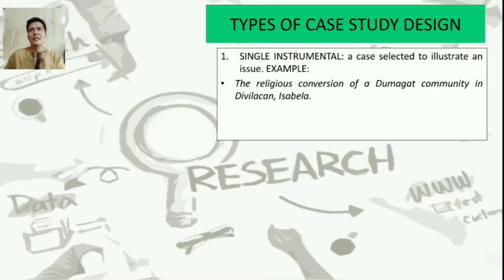So, parang sa single instrumental, pipili ka ng case and that case you think is representative of other cases in other communities. Na parang same lang yung process nila pero ang pinili mo ay sila. Okay? So, ang mga Dumagat ay makikita usually along the length of the Sierra Madre mountain range, ano? So from Cagayan all the way to Quezon province. So they are nomads. So basically,